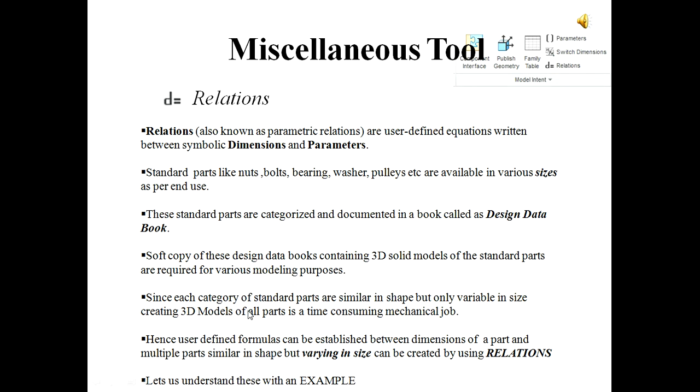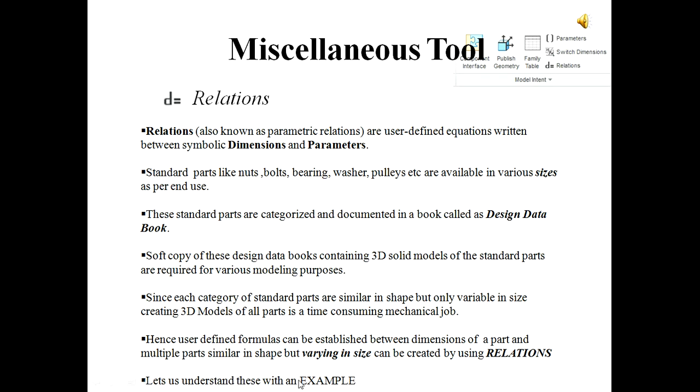Creating solid models of all the parts of a particular category is a time consuming job, since they are similar in shape but only variable in size. Hence, user defined formulas can be established between dimensions of a part, and multiple parts similar in shape but varying in size can be created by using relations.